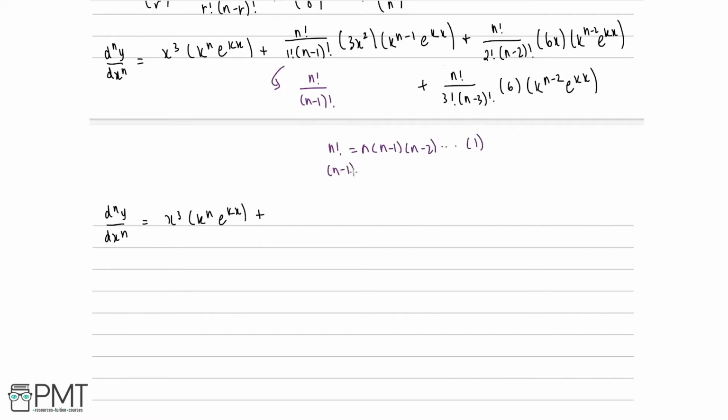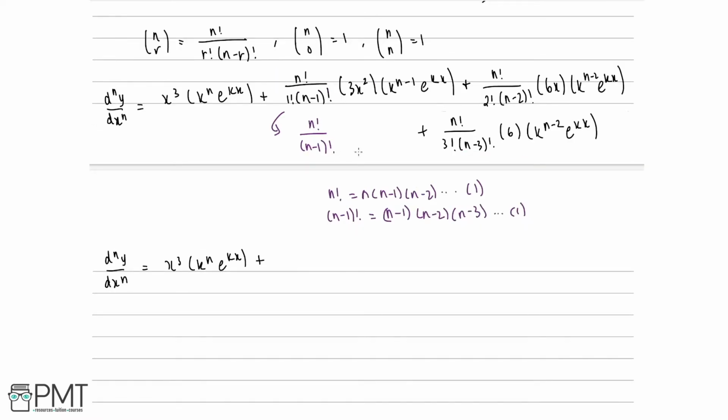Similarly, n minus 1 factorial will be equal to n minus 1 multiplied by n minus 2 multiplied by n minus 3 all the way to 1. And thus, n factorial divided by n minus 1 factorial will be just n, because all of the terms from n minus 1 onwards will cancel. It will be n multiplied by 3x squared